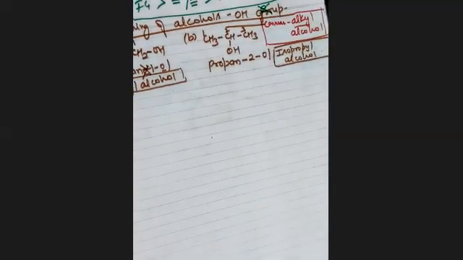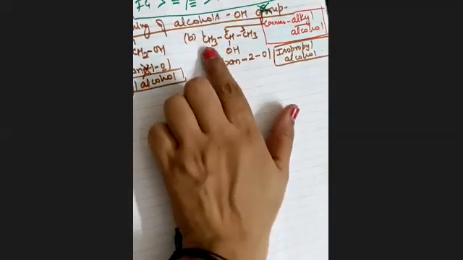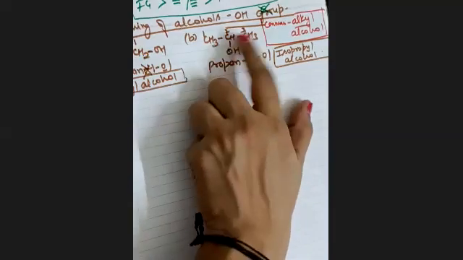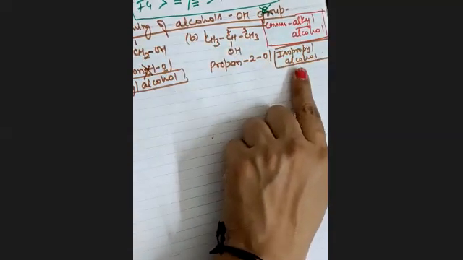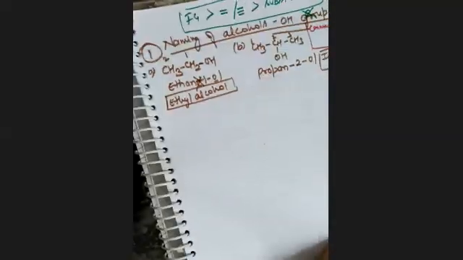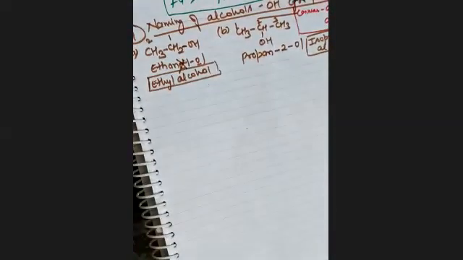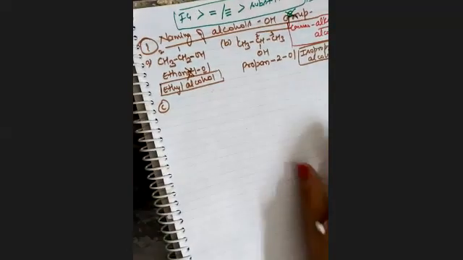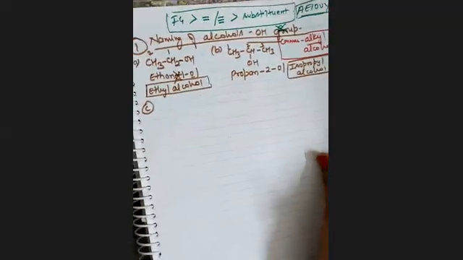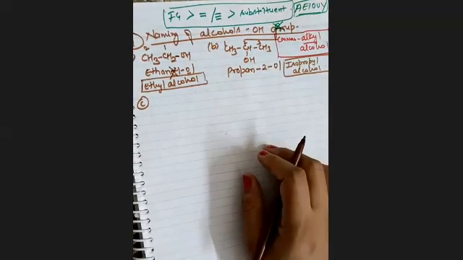Note these down, beta. These are the basic nomenclature. So propan-2-ol is known as this arrangement. This type of arrangement is isopropyl type, and this is known as isopropyl alcohol. Beta, side by side, note these things down because these are your notes. Okay, I want to see these notes in your notebook.